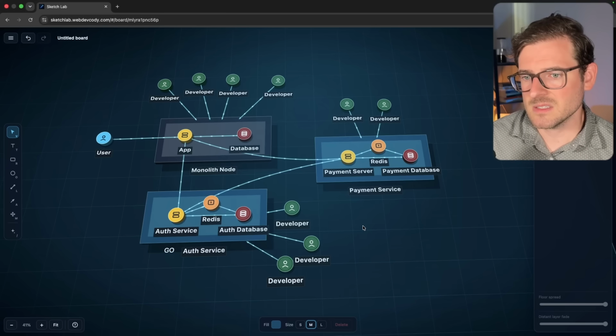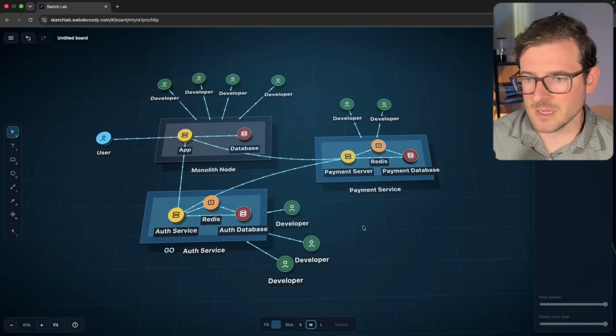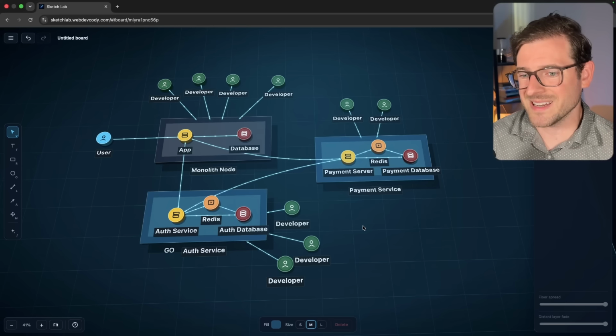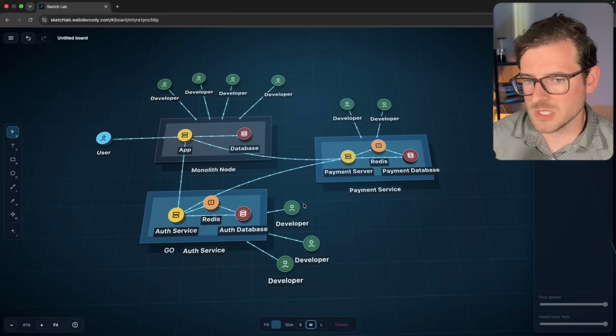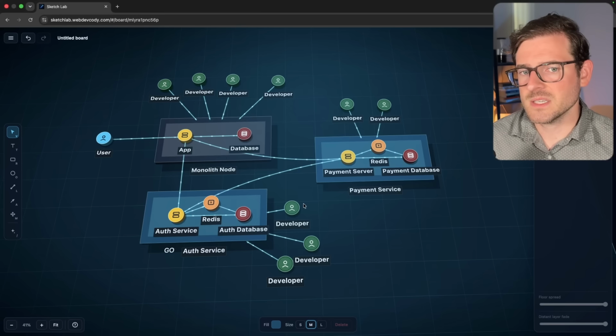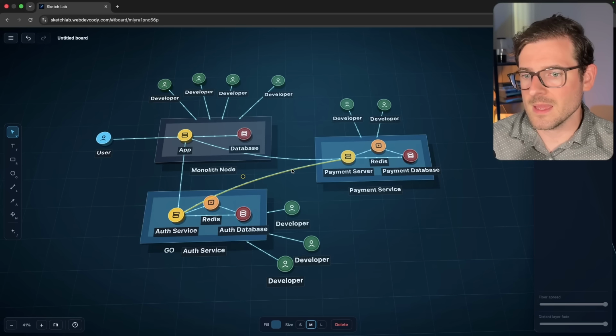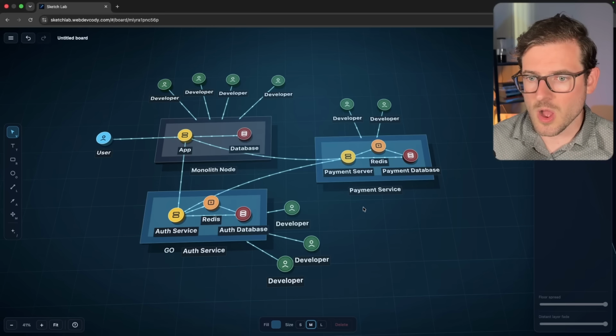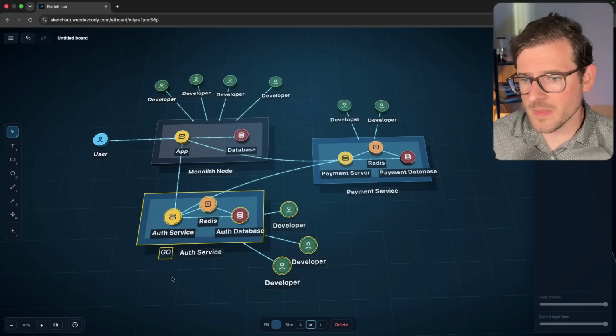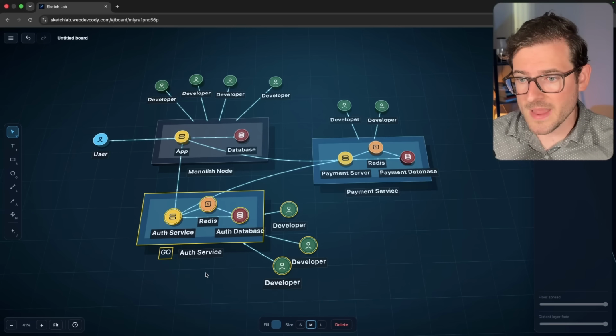They're all maintained separately. They all deploy independently, which is great for scaling and great for your organization, because now you can have developers just focus on their service. But now the complexity is actually shifted to the DevOps side of things and also to the actual internals of how these services all operate. You got to make sure that everyone on this dev team knows how to properly deploy and secure these things.